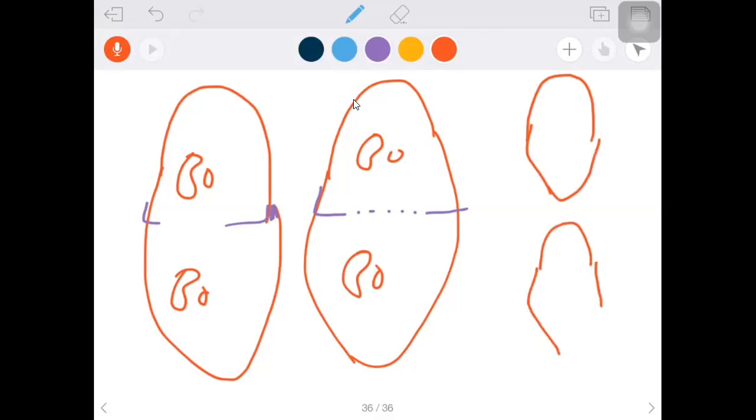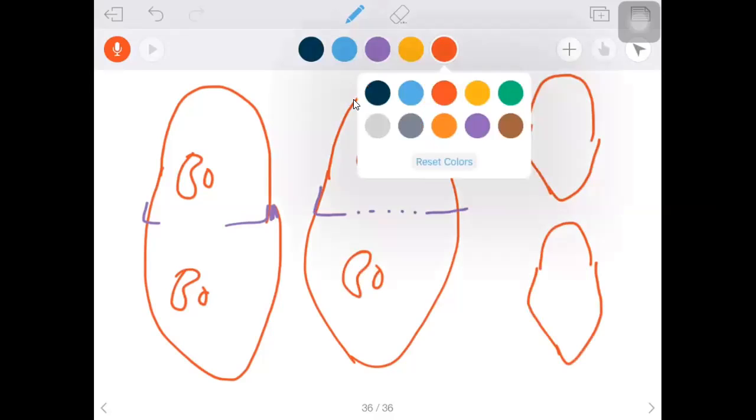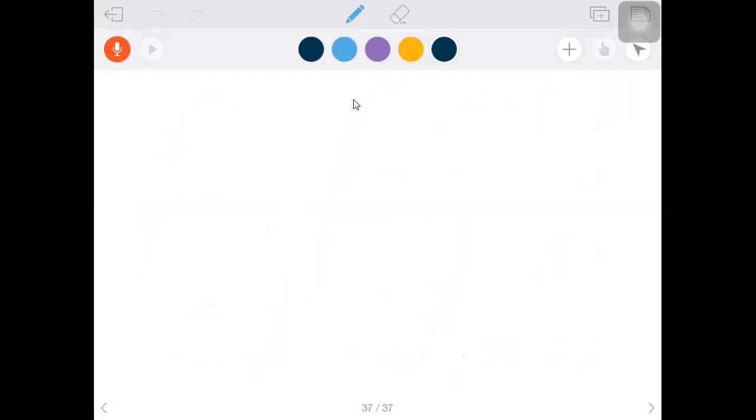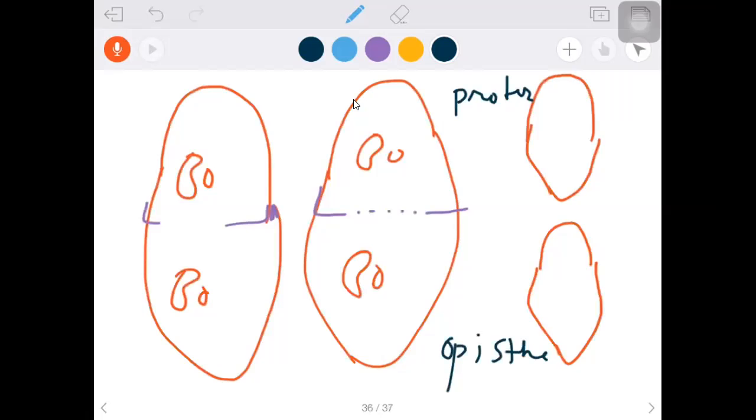That's why we call this kind of binary fission transverse binary fission. That results in the formation of two daughter individuals. So we have to name the daughter individuals formed here. The anterior daughter individual is named proter. The posterior daughter individual is named opiste. So anterior daughter individual is named proter and posterior daughter individual is named opiste. So after the two daughter individuals are formed, hence we call it